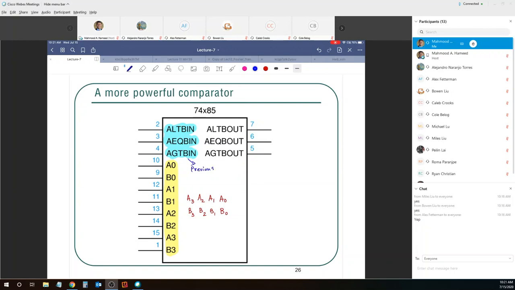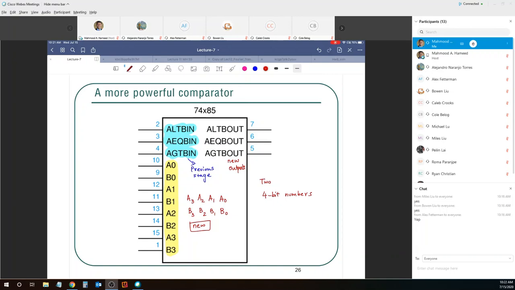So if you wanted to make this comparison modular, then we can use these three outputs from the previous stage, and then based on the new inputs, here are the new inputs, you can generate these new outputs. Because this 74x85 allows you to compare two 4-bit numbers. So if you want to compare two 4-bit numbers, then you only need to use one